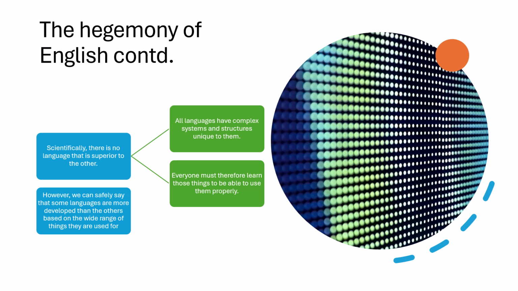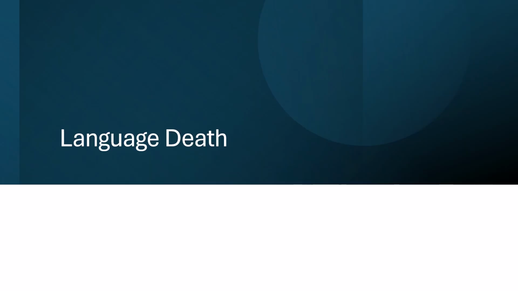So you just look at it now: if a language does not have a need for a word, it may not have it. And that is the development we're talking about. All that we are saying is that there's no language that is actually superior to the other. It's been scientifically proven that a language, because it's being used for more things, may be more developed than the other. But the systems, everyone has to learn the systems. You have to learn the structural nature of every language to be able to use it properly. If you cannot, then you don't have the mastery of it. You must study it or learn to speak it to effectively communicate in it.